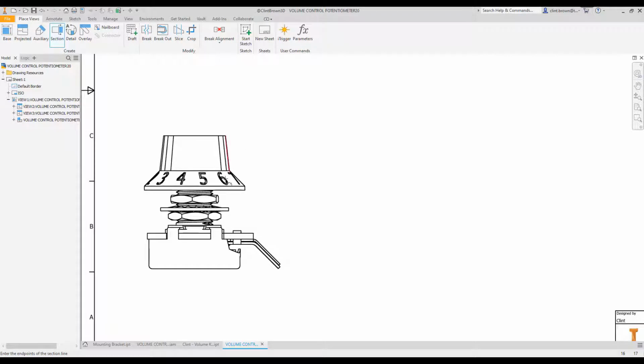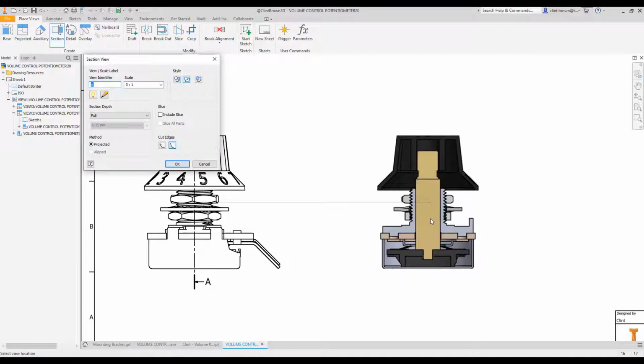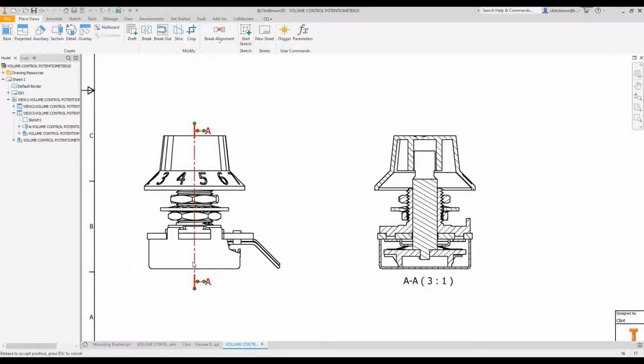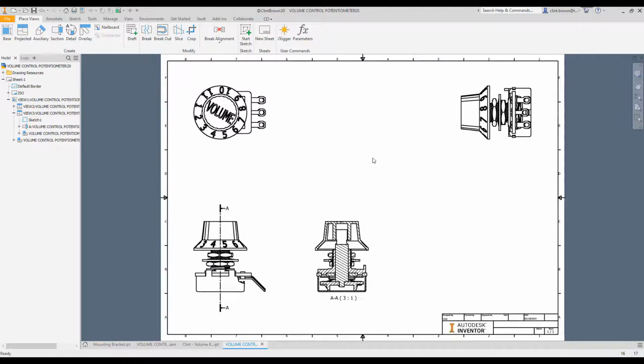So you may have noticed that when you create a section view, you can infer a constraint with your section line. Effectively, as I've placed the section line, it's anchored itself to the midpoint of that line over there. But the section line itself can still be lengthened or shortened simply by dragging the endpoints. Another example,